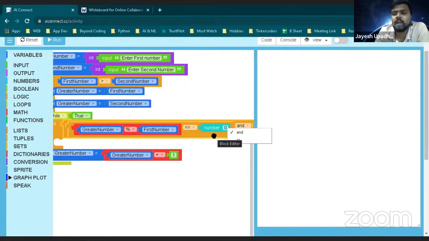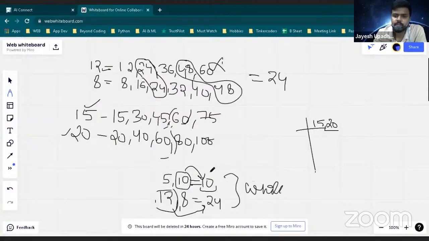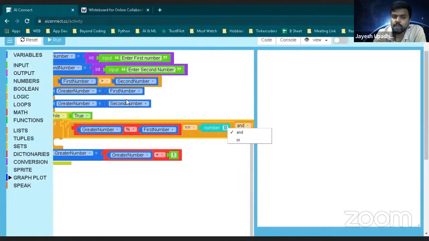But just think like this, in our case what we want is the LCM should be divisible by both the numbers, correct? This is a conclusion we have created from this, right? कंक्लूजन करा था हमने यहाँ से कि नंबर या तो सेकंड नंबर होगा या तो सेकंड से ज्यादा ही होगा. तो करा भी मैंने वही, I said greater number is equal to second number, correct? Or what I have done,